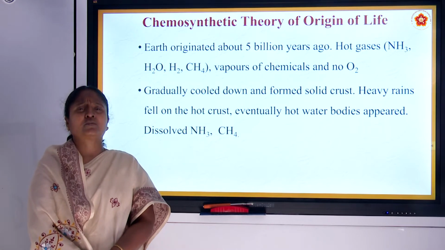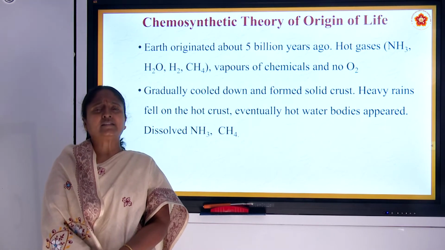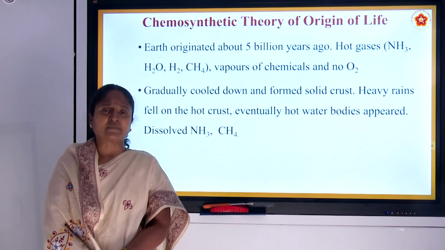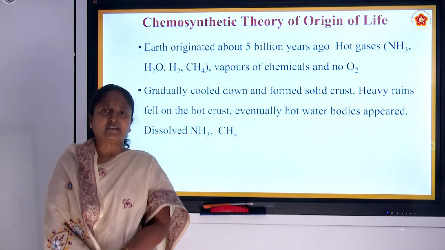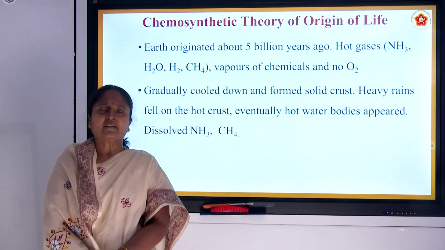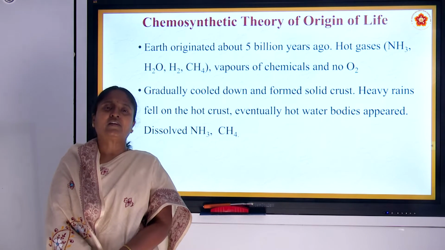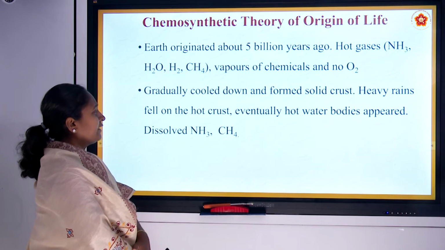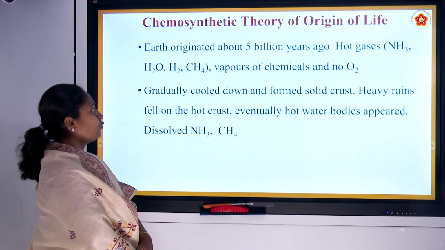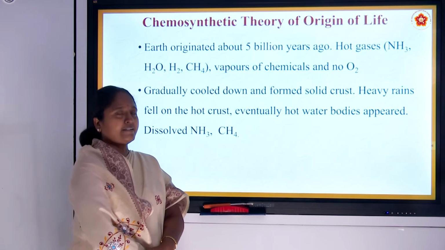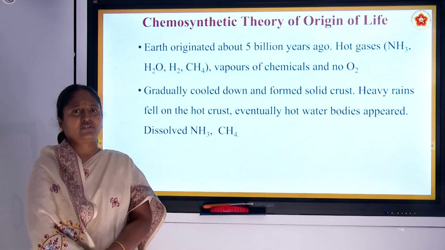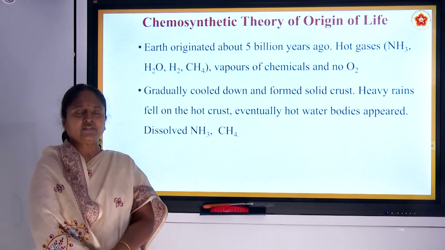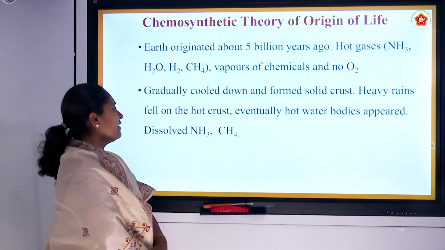When it is cooling down, again the earth is pulling that water in the form of rain. This process repeated several times. Because of that, the earth crust started forming because of the cooling nature of the water. The water fell on the earth's surface again and again. So when it was falling eventually on the cool surface, it started forming ocean-like structures or sea-like structures.